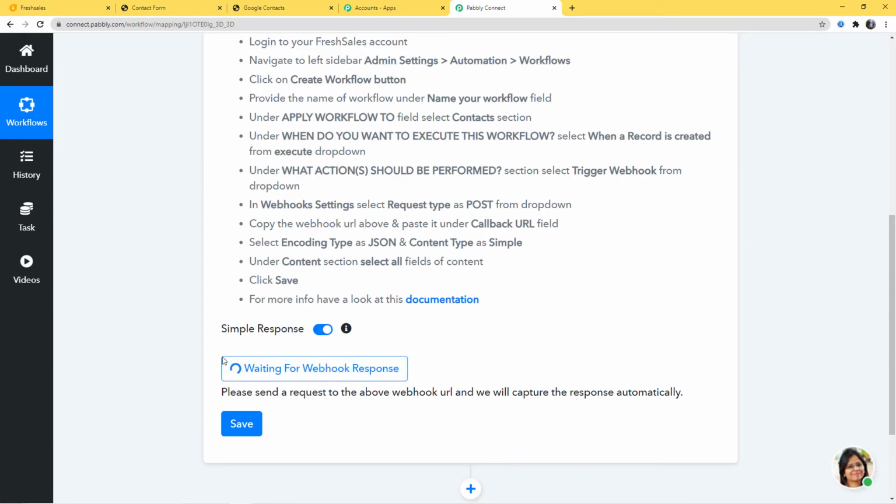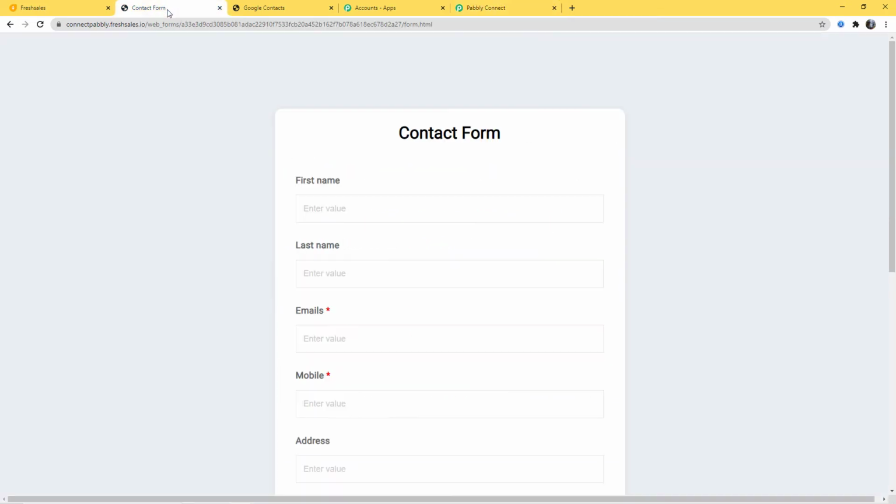Okay, so now it is waiting for the webhook response. That means it is time to go and create a new contact. So I've already opened this form over here. I created this form from where I can create a new contact. So for value, first name I am going to put Philip, last name Kotler, email philip0023@gmail.com, mobile number,